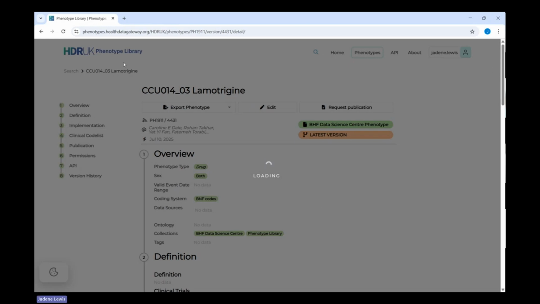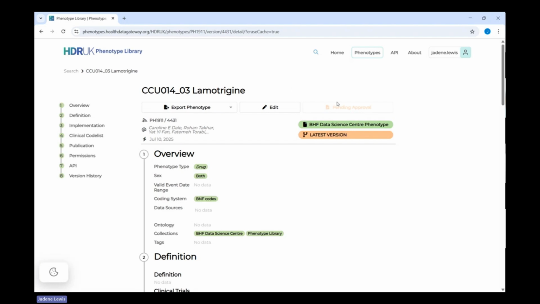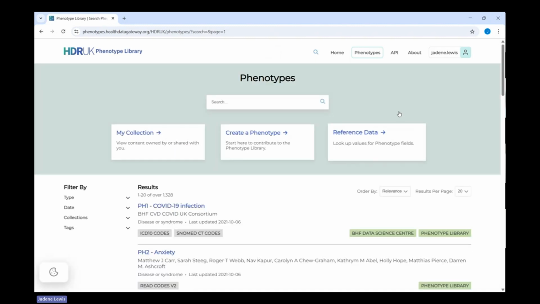Seems to be taking a while. Okay, so it's pending approval, and then you typically get an email from Concept Library when that's been approved and finally published. I'll just also go through the general search functionality of the Phenotype Library, just to reiterate that this